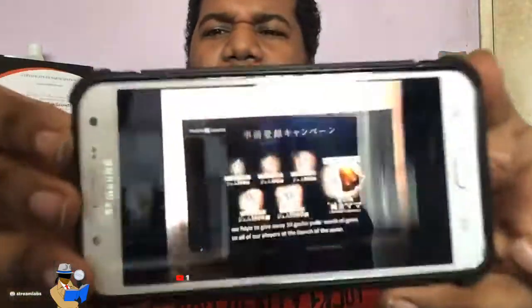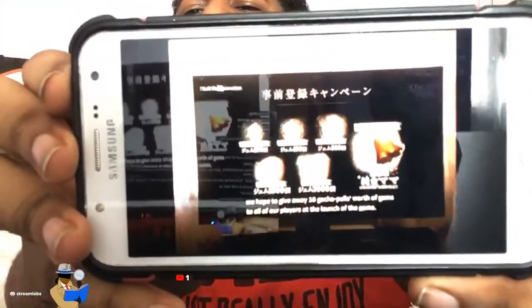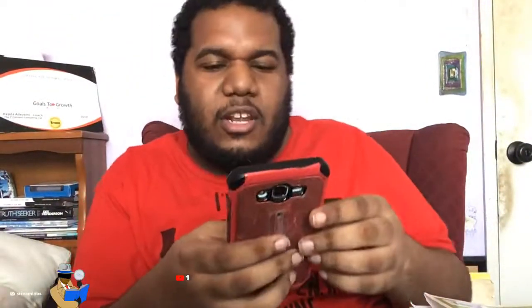Try to see if I can lessen the brightness. Okay, let's see how it looks. Still a little bright. Gotcha. I think it's gonna be bright no matter what because of the reflection of the lighting and all that stuff. No matter what, even if I try to turn down the brightness, I don't have a control to adjust the image.